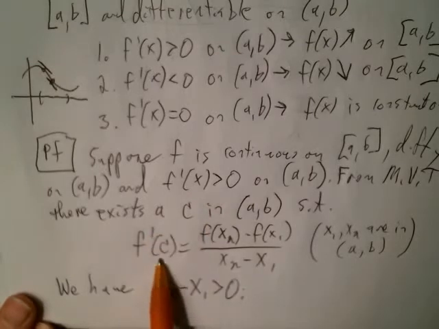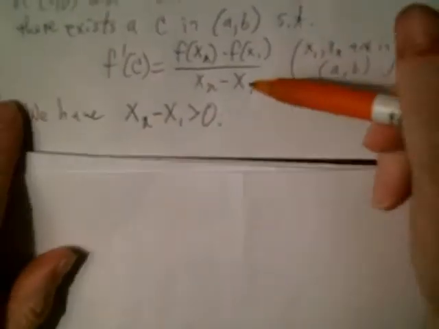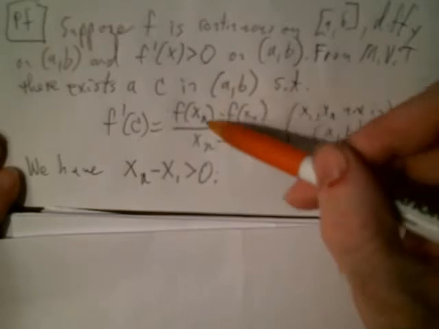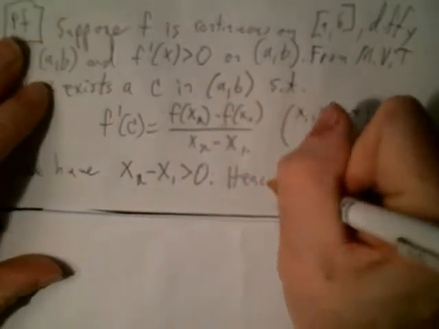So we're saying that f prime of c, in fact, will be greater than 0. And so for this inequality to hold, if this is greater than 0 and the derivative is said to be greater than 0, it forces the numerator to be greater than 0. So hence, it must be the case